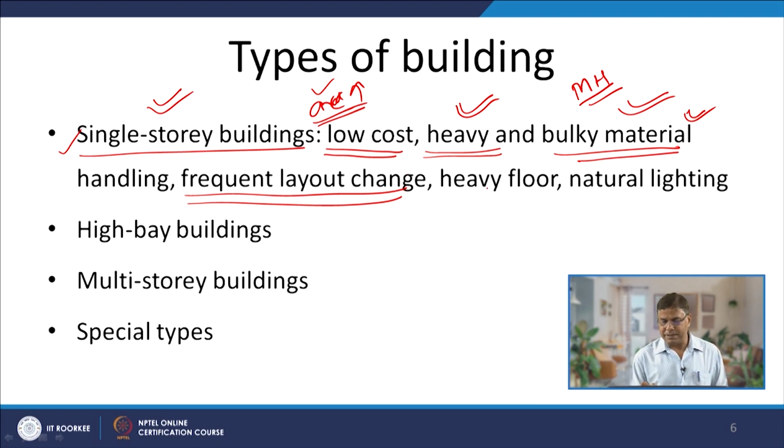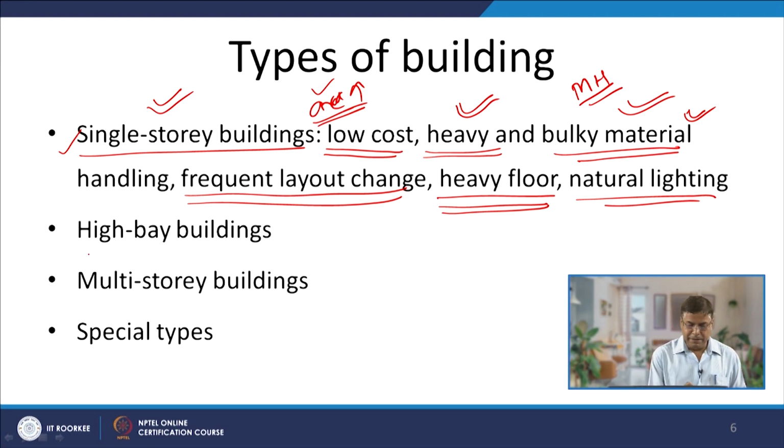This single story building concept is also found to be good when a very heavy, strong, very rigid foundation as well as flooring is needed, so that the vibrations developed by the heavy machines during operations are minimized and machine life is increased, and also when we need natural lighting. Highway buildings are used when we need a lot of large